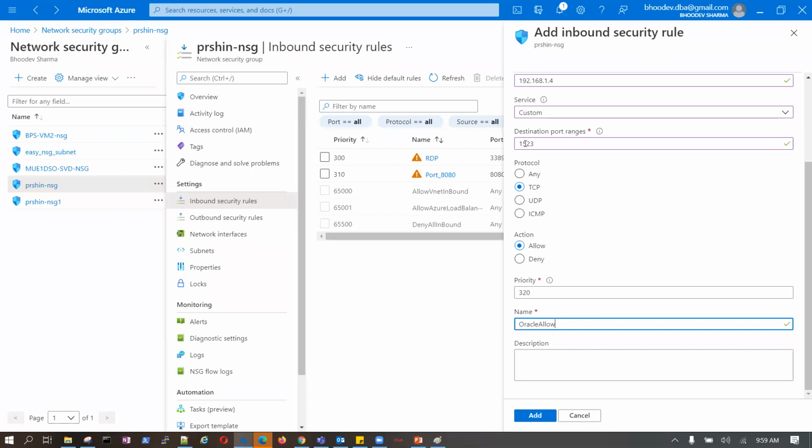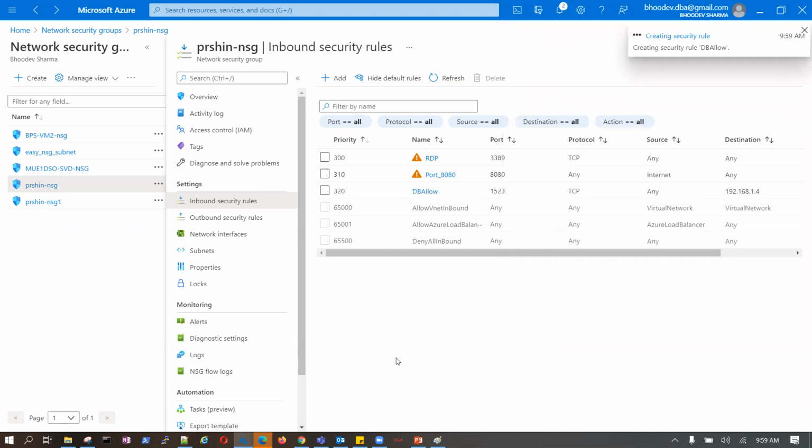From 1523, you may not come to know what this port is being used for, but from here you can say Oracle allow. You can say DB allow. So you should know what this DB allow means and for what port it is being used. You can use this for MS SQL also, because this is a custom port and you created it.